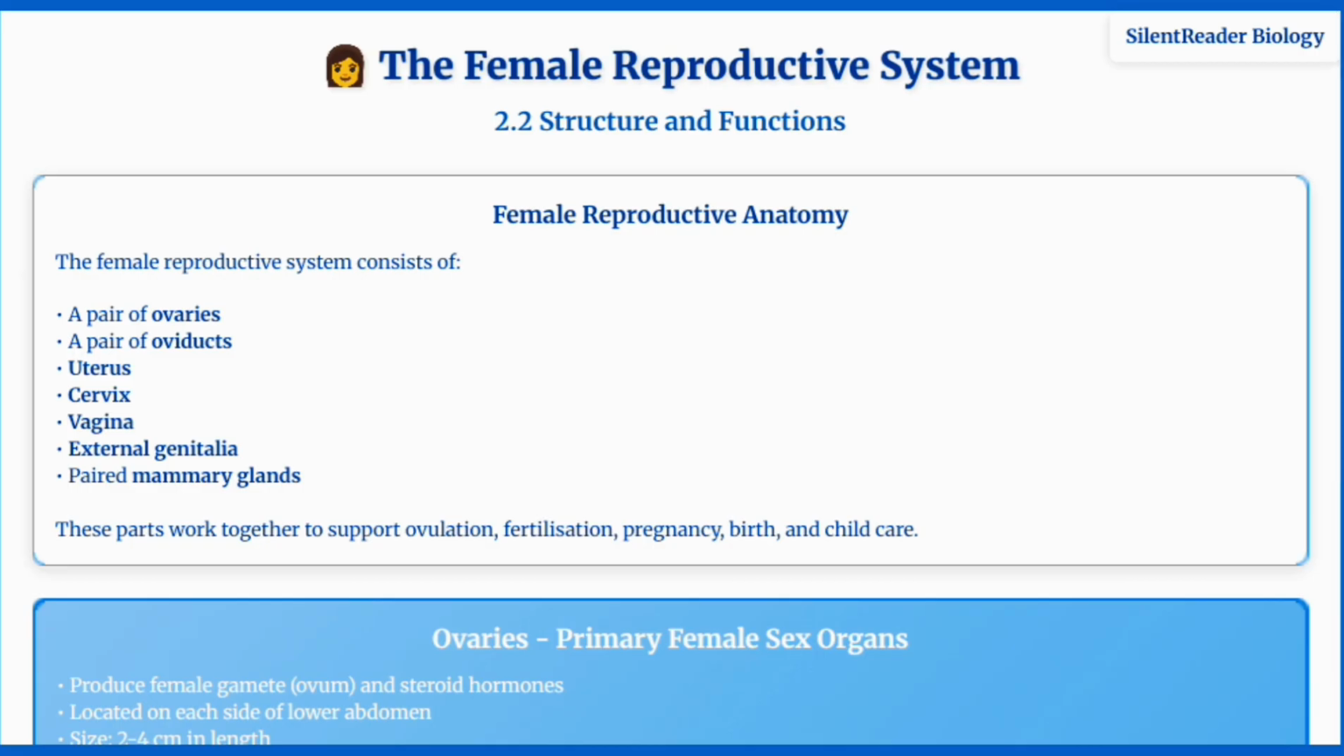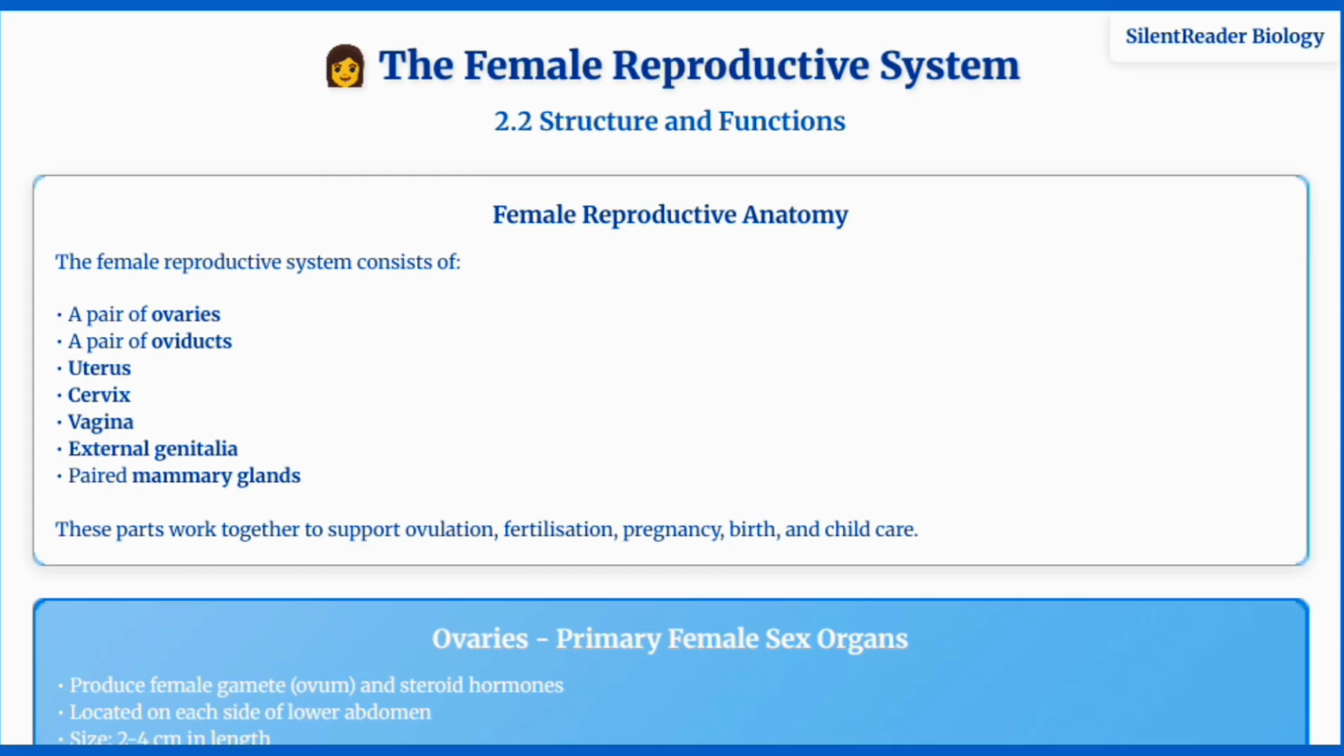Let's now explore the female reproductive system, which is structurally and functionally integrated to support the entire reproductive process from ovulation to childcare. The system consists of a pair of ovaries, oviducts, uterus, cervix, vagina, external genitalia, and mammary glands. The ovaries are the primary female sex organs, producing both the female gametes and steroid hormones. Located on each side of the lower abdomen,